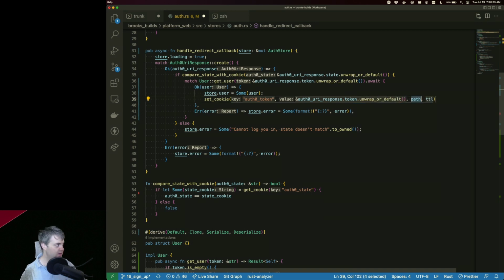Path: I think I want to put this one on slash because when we go to anywhere, I want to grab that. And time to live, I want this to last a decent amount of time. It's not a highly secure system, so if I do something like 3,000, I think that should be fine.